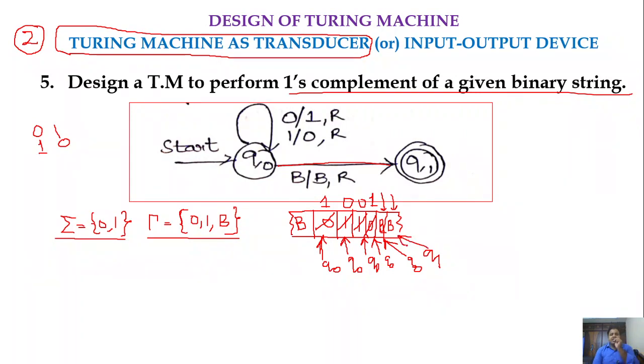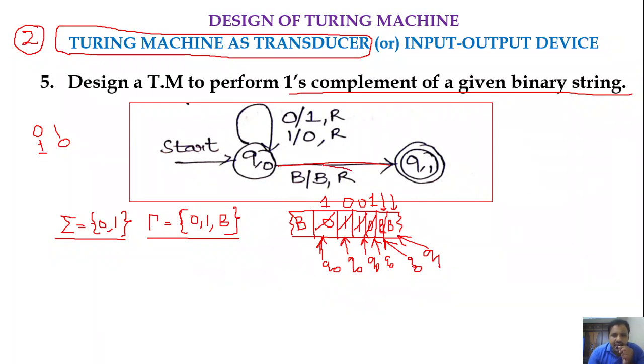We will be in state Q0 as long as we are getting zeros or ones. The moment we get a blank in Q0, we move from Q0 to Q1. What it means is that if we get blank in Q0, we have processed the entire input. So the moment we process the entire input in Q0, we move from Q0 to Q1, that is the final state. How could we realize that we have processed the entire input? In Q0, if we get blank, it means we have processed the entire input. Once we get a blank in Q0, we move to the final state. That leads to the acceptance of the string.